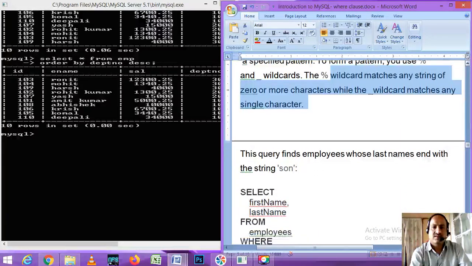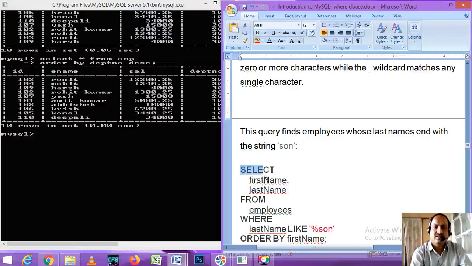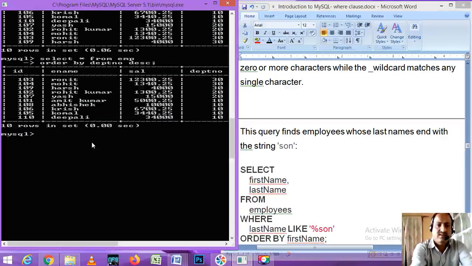How can we use the LIKE operator? You can write SELECT field name FROM table name WHERE field name LIKE 'value with percent'. Like here in this table we can write SELECT * FROM EMP WHERE ename LIKE, where we don't know the particular person name, but we want the person whose name starts with R. So we can write 'R%'.